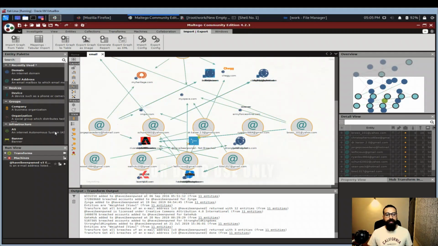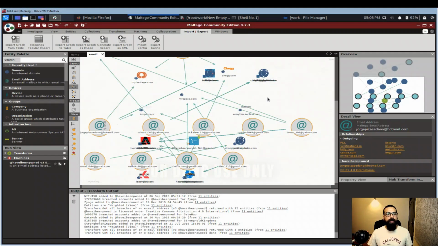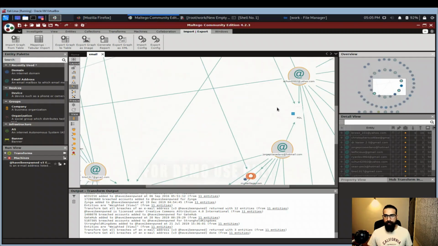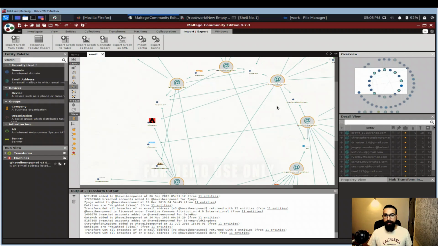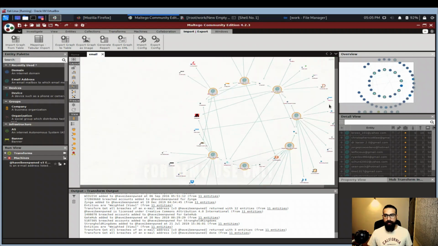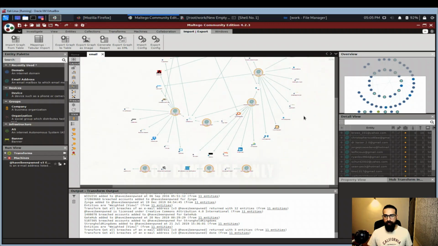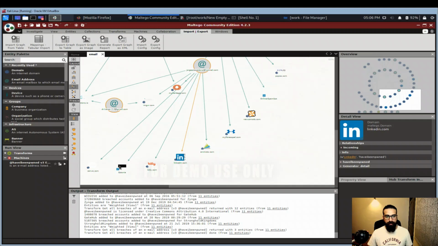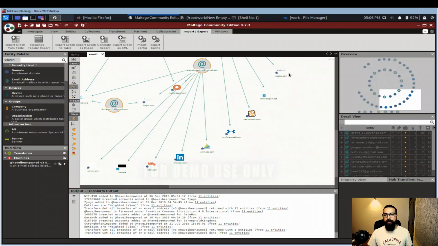There we can see so many email addresses appeared in many breaches. For example, this email appeared in the MySpace breach, and so many connections, man. I'm not even in a position to analyze. As I said, just look at this connection. Let me see what I can see. Let me zoom in. So you can see that this email appeared in the LinkedIn breach and other breaches as well. So I've got the LinkedIn breach, Estonia, something like this, and other breaches.